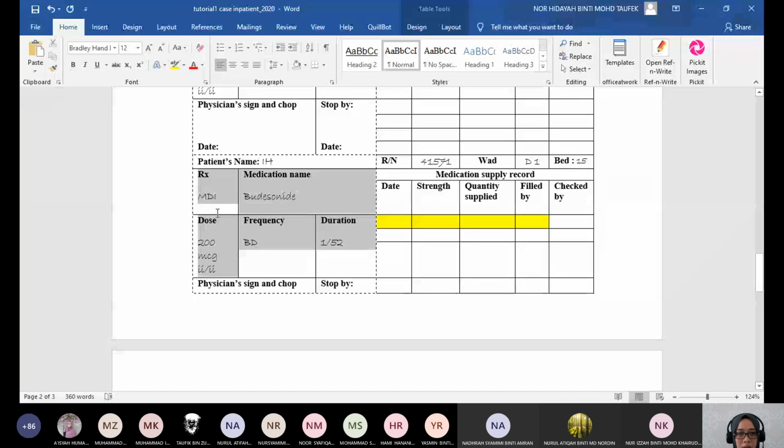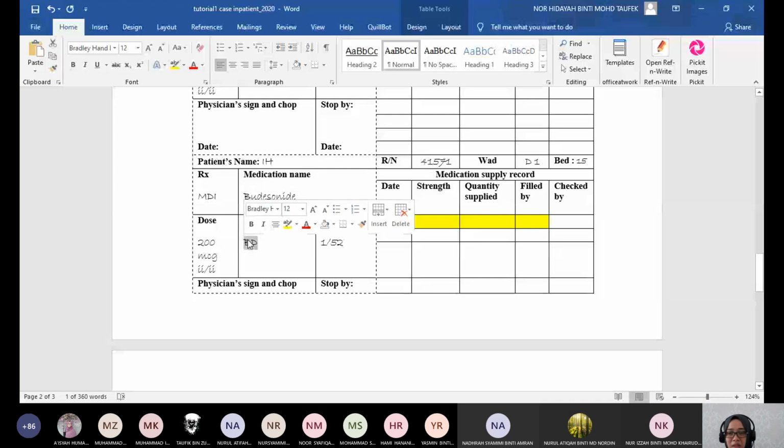Kalau you discharge a patient tu, you still need to make sure, calculate, because it needs to be taken every day, BD, okay, every day, because this is a preventer to reduce all the inflammation, and then prevent the asthma attack. And you can also know whether the patient is compliant or not from the balance, or kalau budesonide tu can last for more than expected duration, then meaning that the patient does not comply lah for the budesonide, because there is no effect, so many patients they don't comply because they steroid lah, there are many side effects. Alright, so